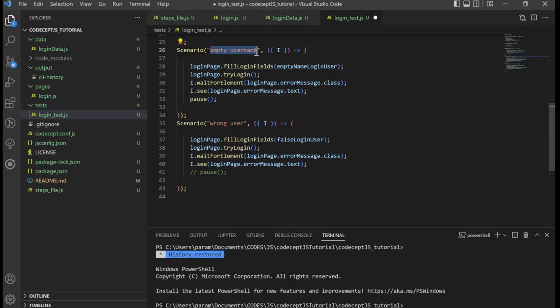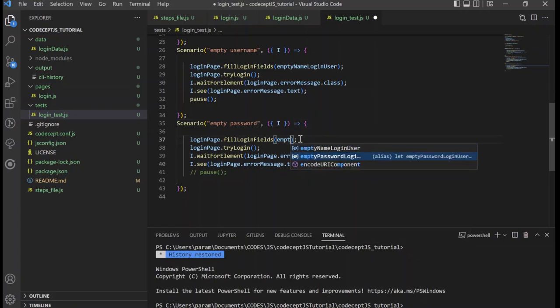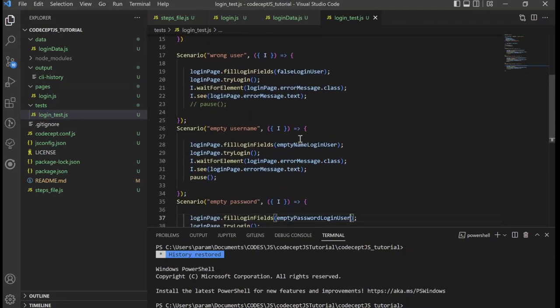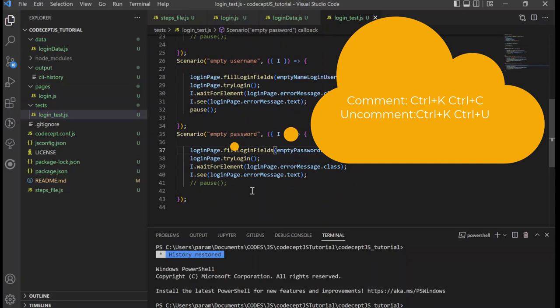Third scenario will be empty password, and we will send empty password login user as an argument. I am going to use pause functions in that scenarios.